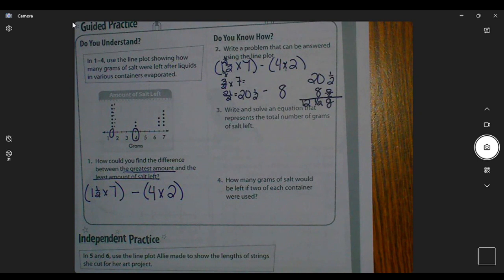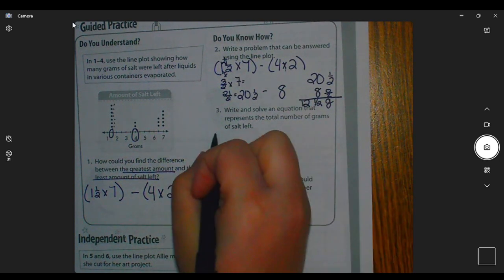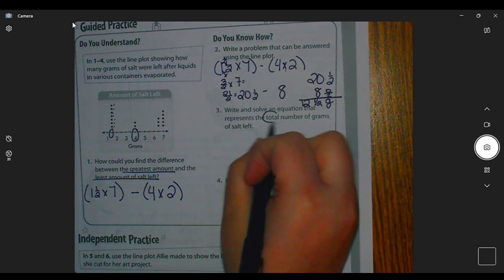Write and solve an equation that represents the total number of grams of salt left. So if I'm looking for the total number,